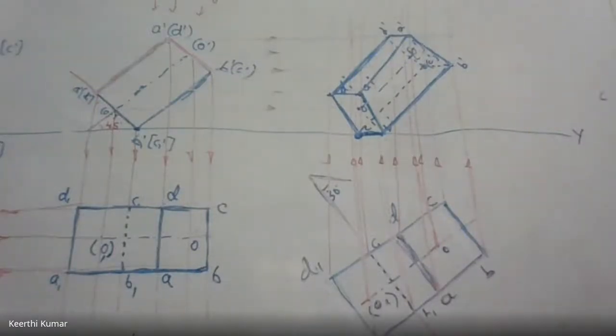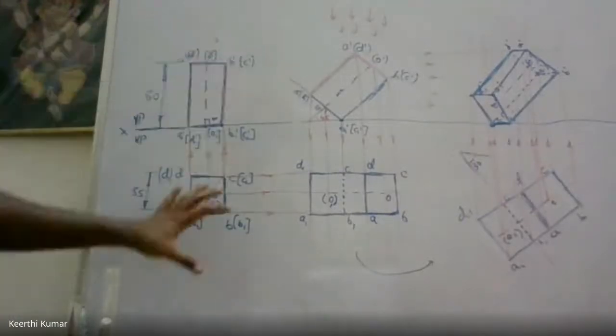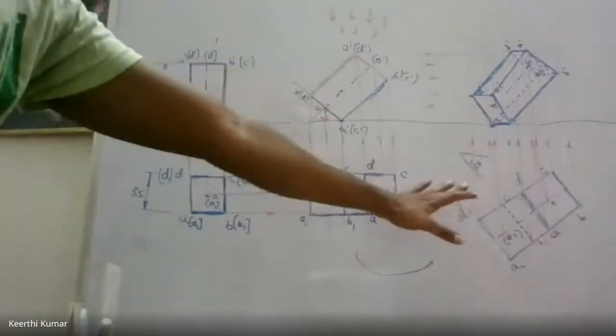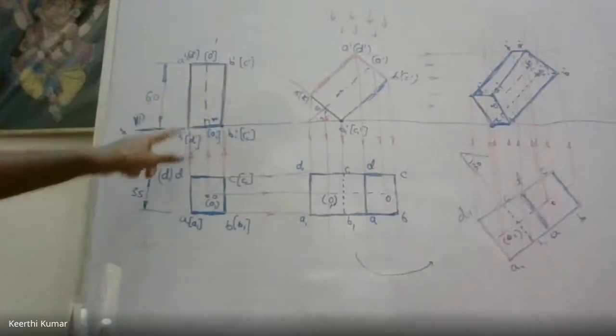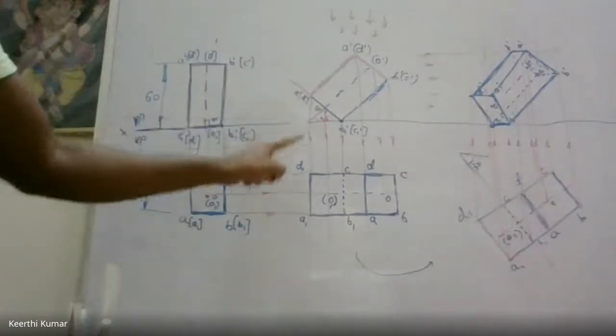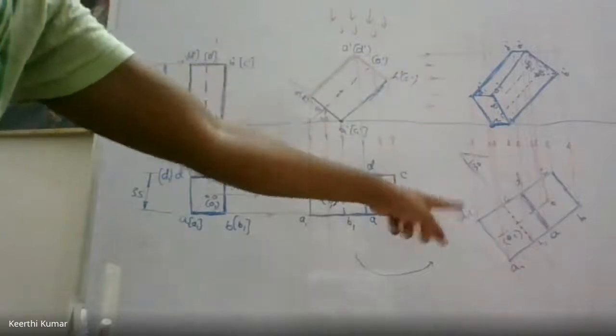Complete this fast. Okay, hoping that you have completed till the last position. All the 3 positions are visible now: first, second, and third. This is called first position, second position, and third position. First position front view, first position top view. Second position front view, top view. Third position front view and top view.